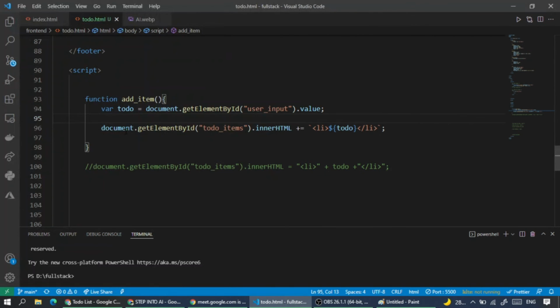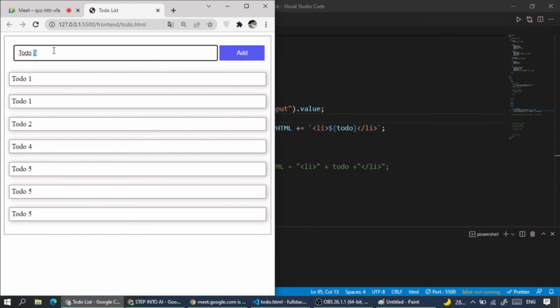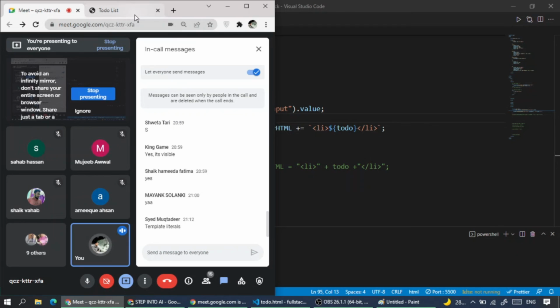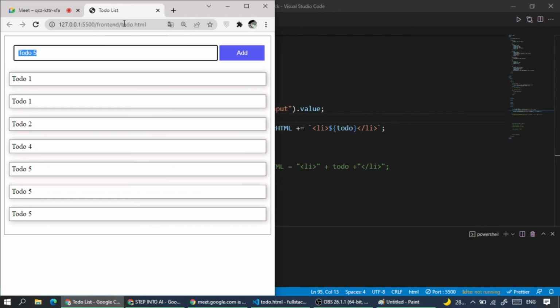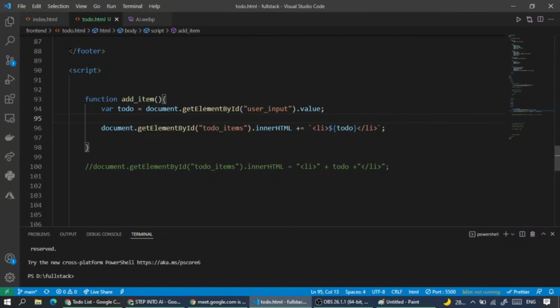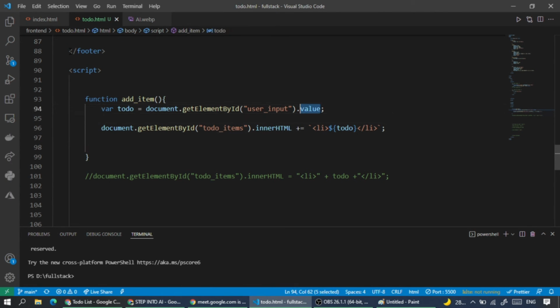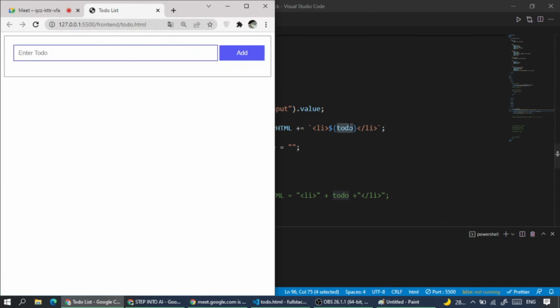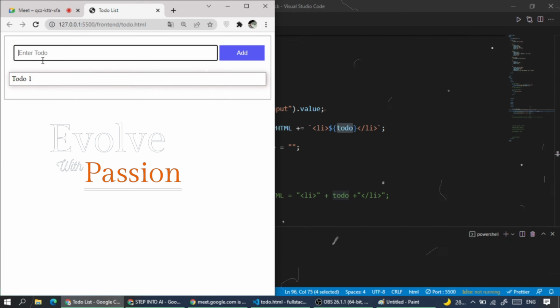Whenever I have added the item, I wanted to make this input empty. That's required for every input, like even in WhatsApp when we send a message, or in any other chatting or form fields, the input should get empty, right? So for that, I'm going to use the same syntax again, document.getElementById, and then value equals empty. So it's just removing the value inside the input after adding it to the li. So now let's see, todo one, and once I add, the input is getting reset, todo 2,